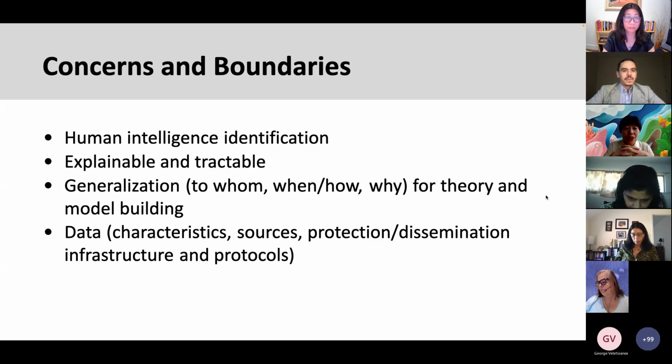Now, I know a lot of the time we voice concerns, but I also want to focus on boundaries. Boundaries for me may be another way to say solutions for those concerns. So the first one, which a lot of people, including that video that Tom has shared with us, wonder about, is how do we define human intelligence? And we are worried that we're going to lose our identity as humanity